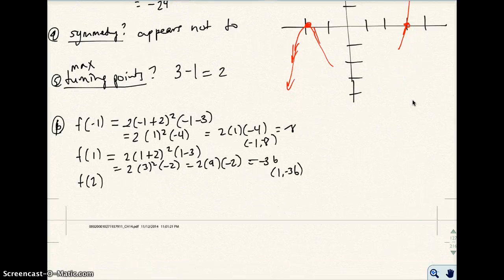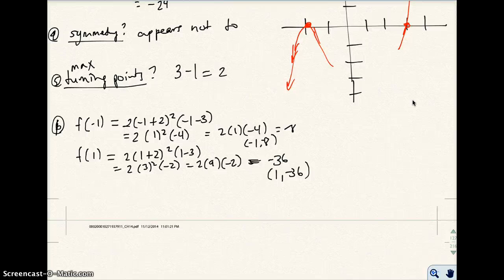And f of 2 gives me 2 times (1 plus 2)... Oh, I did one wrong here. My mistake, this should be 2 times 9 times -2, which should be -36. Did I have that? I should have (1, -36). I think I had that right. I don't know why I thought that was wrong. So f of 1, I get